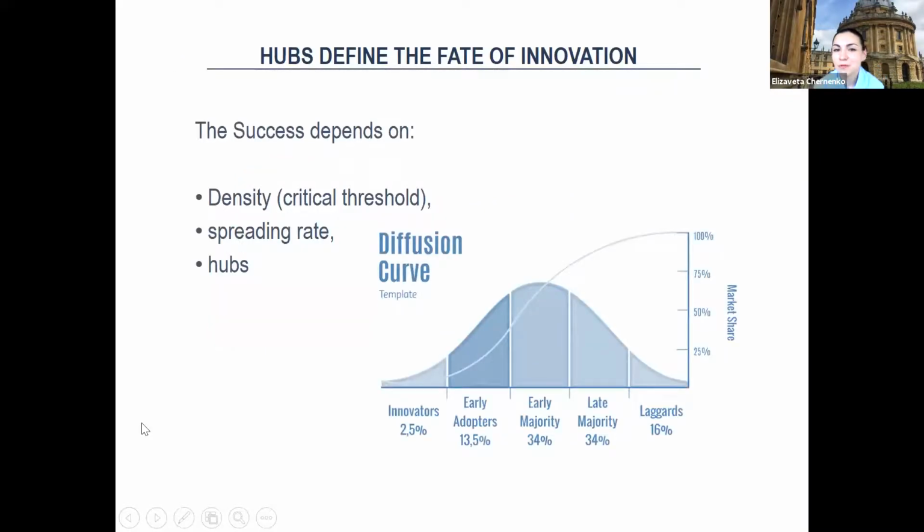Okay, why are hubs important? I talked about the influence on the emotional state of employees, but it's also super important to know your hubs and to involve them when undertaking a transformation within your organization. Because as you know, transformation in the organization comes through several stages. So in the beginning,